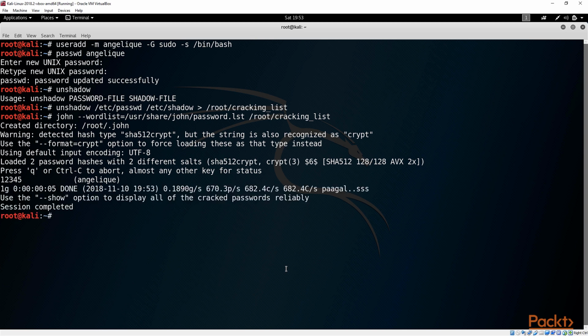Simple, wasn't it? All we did is we basically amalgamated those two, the shadow files. We created a cracking list in the root directory. We copied that information over into the cracking list, and from there we then used John with a word list to compare whether or not the password that has been used is in fact sitting in the password list. Now bear in mind that with these password lists,